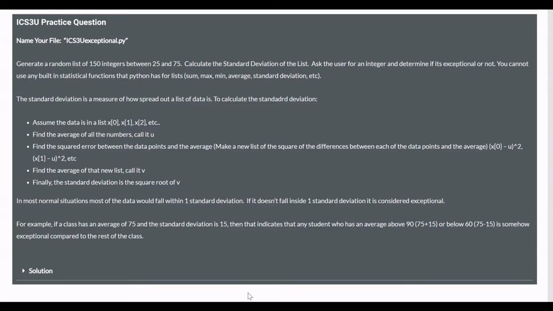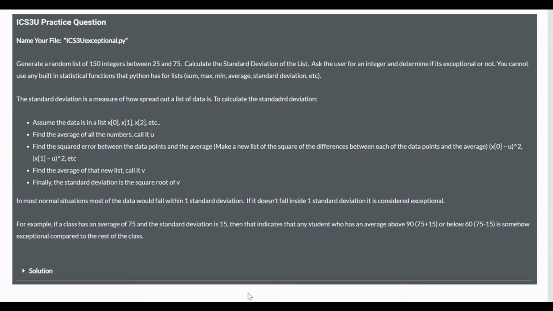It goes on and tells us how to actually calculate the standard deviation. Python has a built-in function for this, but let's practice our lists and loops and do it manually here. We have the data in the list, and the first thing we do is find the average of all the numbers, and then we calculate the error between each point and the average. We square it because we don't want it to be negative, since then the errors will cancel out. It's called a mean squared error